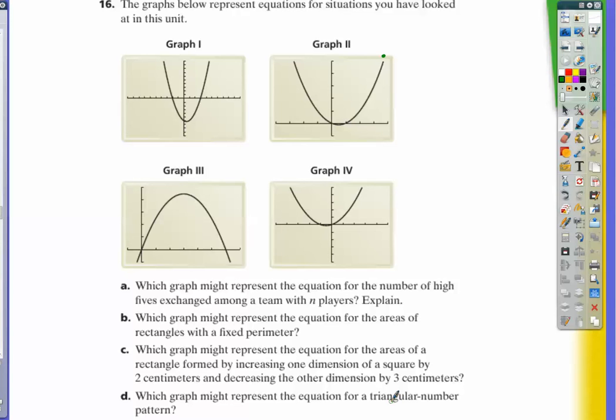So we're going to take a look at this. This is a matching problem, number 16 from Investigation 3. But before we do this, if you're having troubles and you haven't graphed the equations from the Investigation 3.3, now